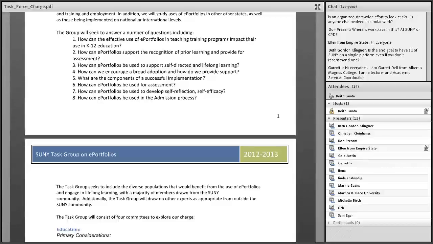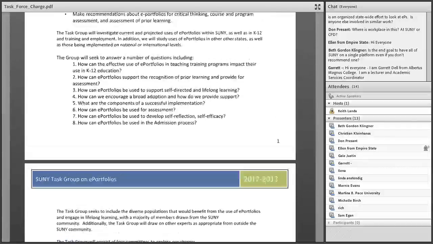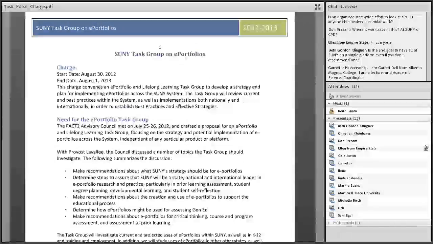And I think that this is stemming from the systemness and the Open SUNY initiatives as maybe one way of beginning that endeavor.